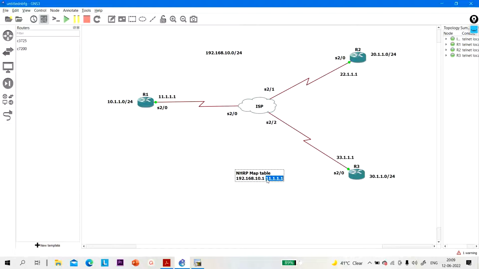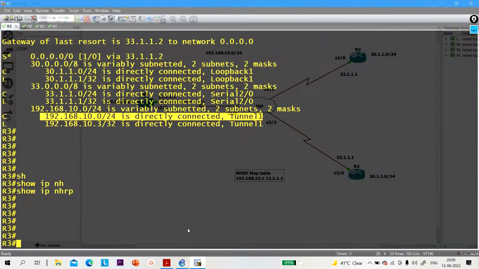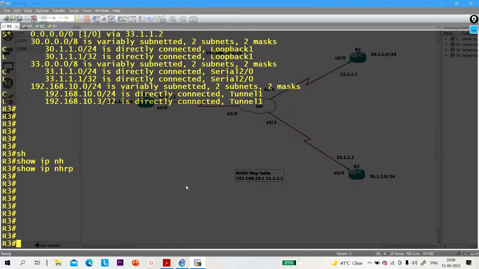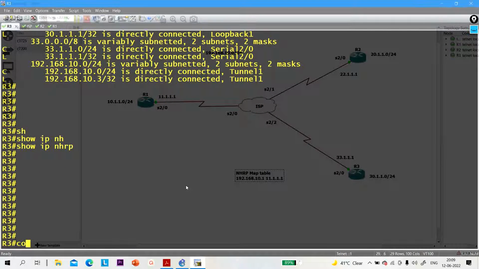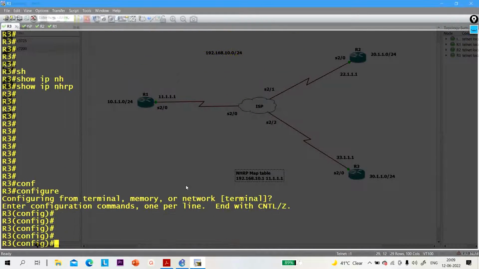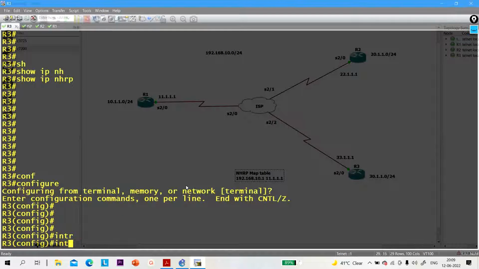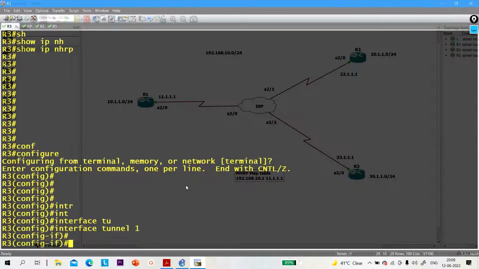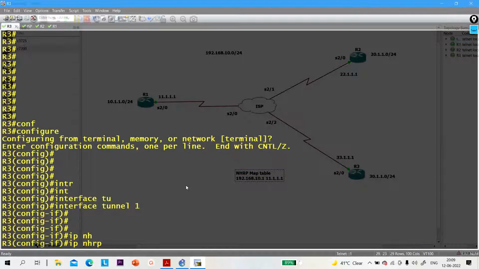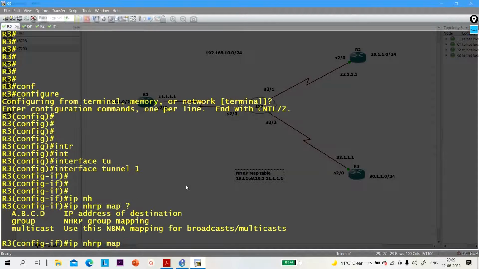Okay, so this IP address will be called the NBMA address. Let me inject this entry in the NHRP map table manually. Go to interface tunnel 1. After that, IP NHRP map. After that, you can see destination address. So destination address is